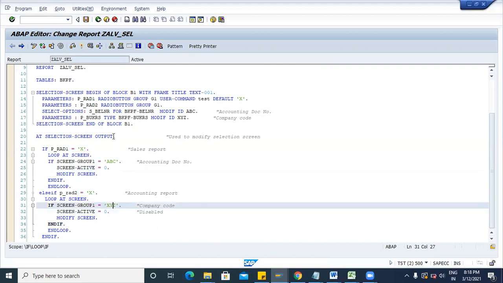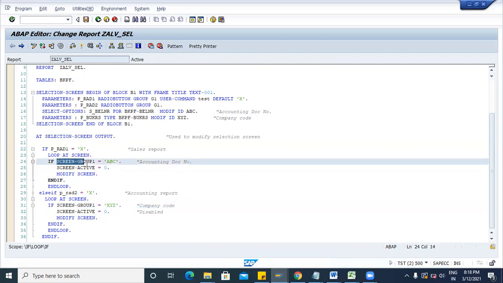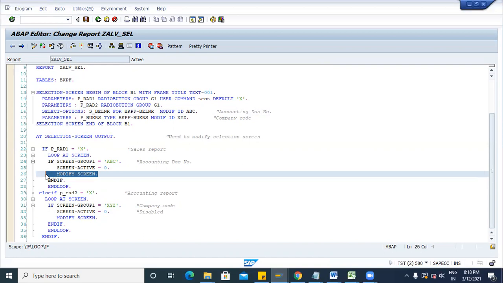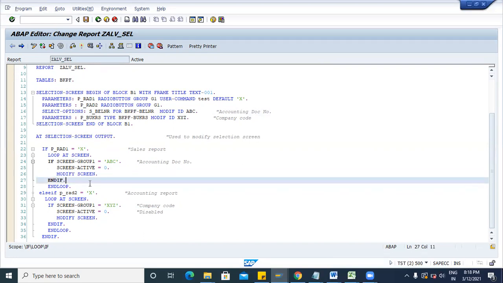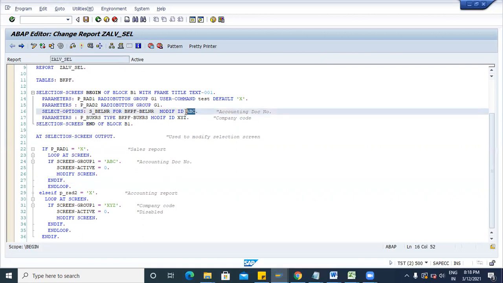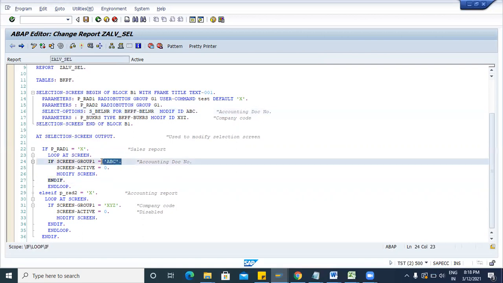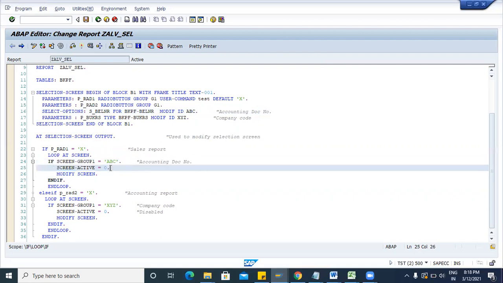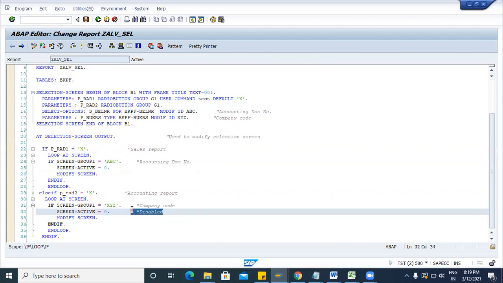Okay. So we are using the screen parameter here, and using this screen parameter we are modifying the screen. So first we use the screen parameter with this MODIF ID. This is the group. If it is ABC, ABC is for accounting document number. Then if the first radio button is active, then accounting document number will be disabled. If the second radio button is active, then company code will be disabled.